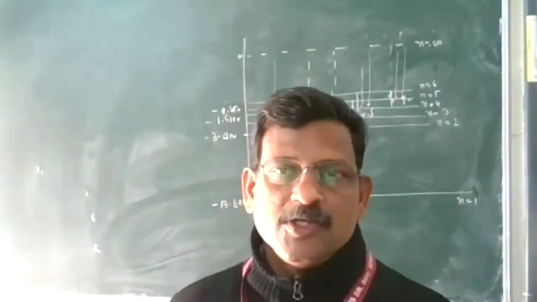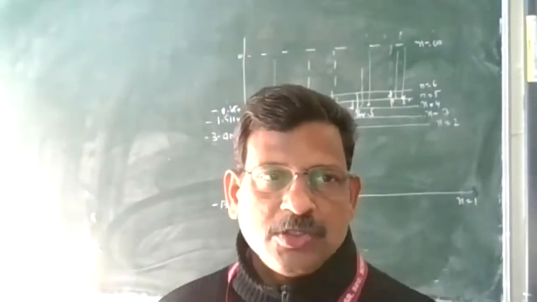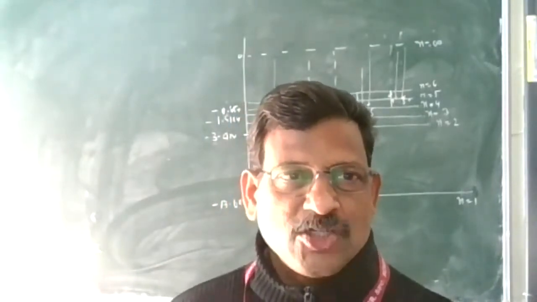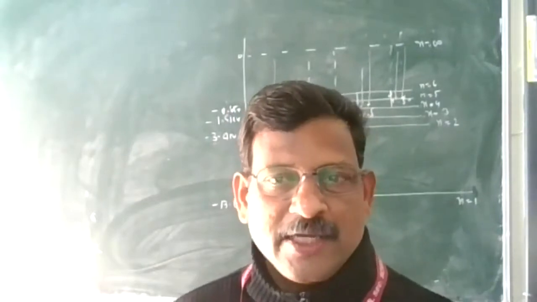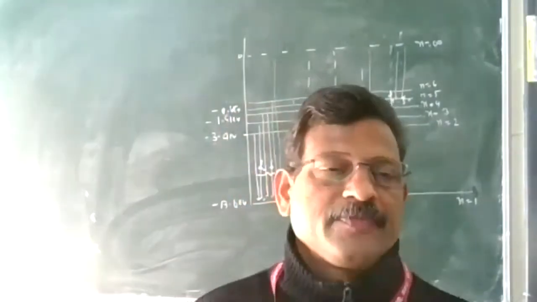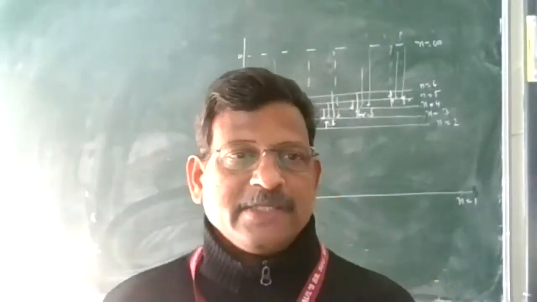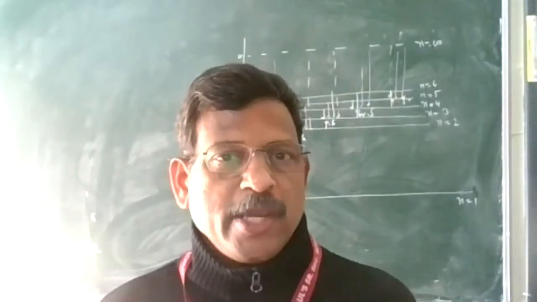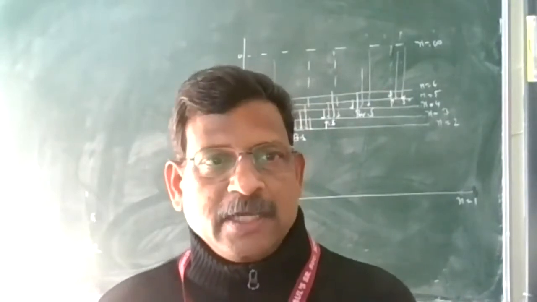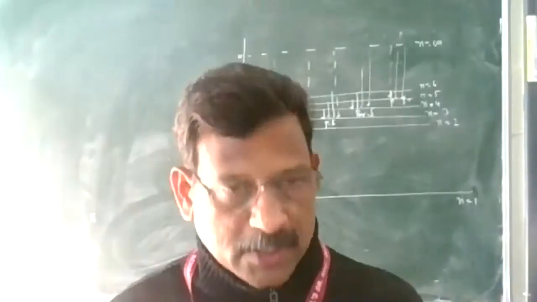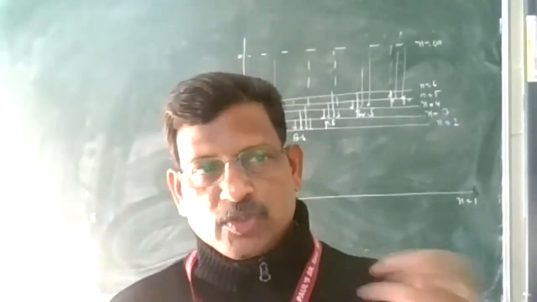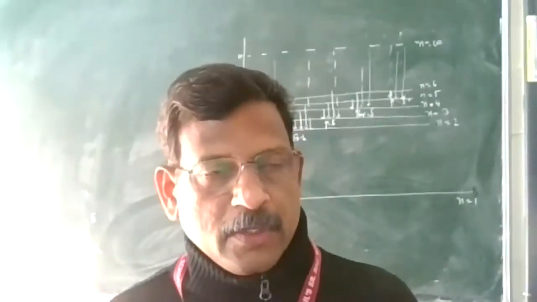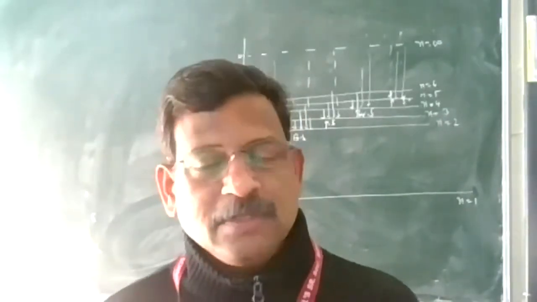And the last point of this chapter, the one mark question: what is excitation potential, excitation energy, ionization energy, and ionization potential? First, what is excitation energy and excitation potential? Excitation means you give energy, and the electron takes that energy and goes from an inner orbit to any outer orbit. It can go from first to second, first to third, first to fourth, second to third, anywhere. That is called excitation energy.